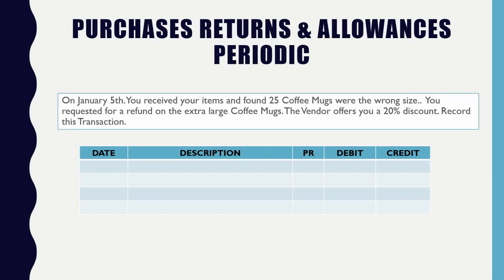So what they did was they are like, I'm so sorry, I sent you the wrong cups. So what they're trying to do is they want you to keep the cups, because ultimately they have too many cups in their warehouse. So they're just saying, you know what, I'll give you an additional discount because you've already made the purchase. So in this case, you're going to accept this 20% discount. All right, so what am I going to do here now? How am I going to journalize this transaction?